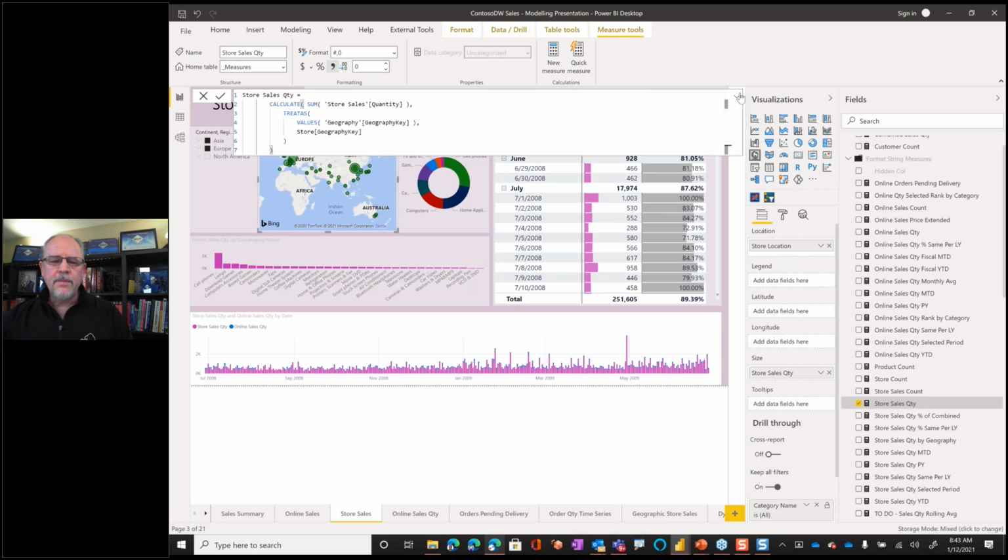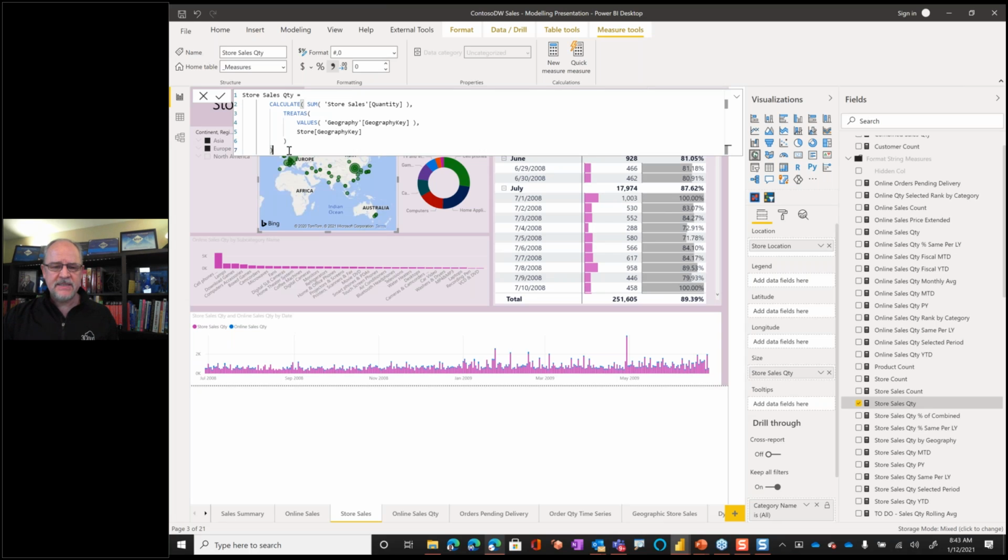All right. So because we have an ambiguous relationship, meaning that we cannot get from store to geography through a relationship, and there are many reasons why you may not be able to wire up relationships between tables, that doesn't mean that we can't perform calculations that would emulate a relationship.